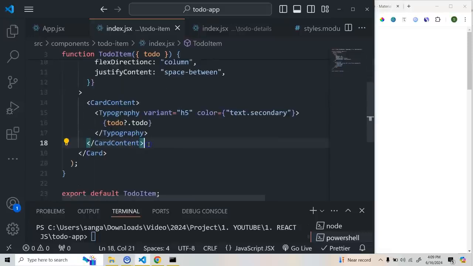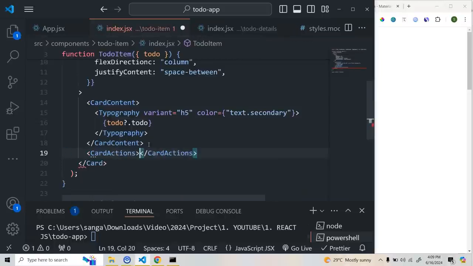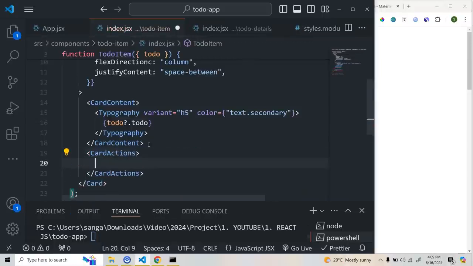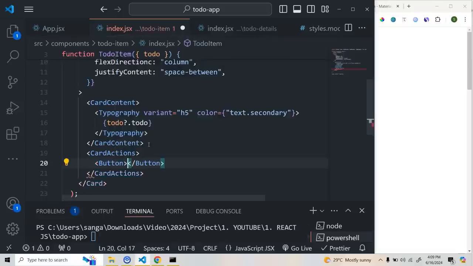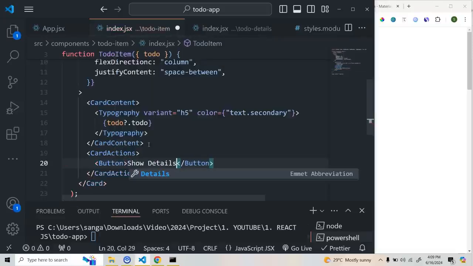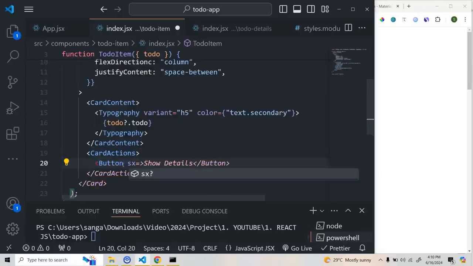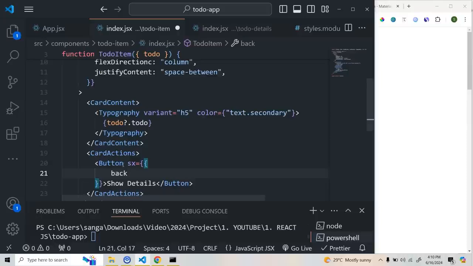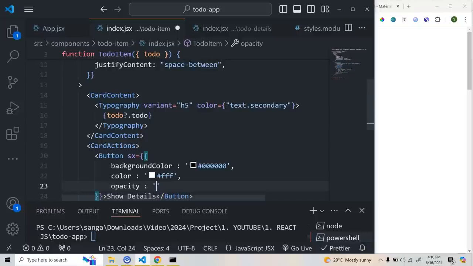So here after this card content, I'm going to render another component that is called card actions, and here I'm going to render a button component. So we'll import button from Material UI only, and in this button I'm going to do something like show details, and in this button let's use some property. So we'll do sx, we'll do background color as black, then I'm going to do a color of white, then we'll do an opacity of 0.9,